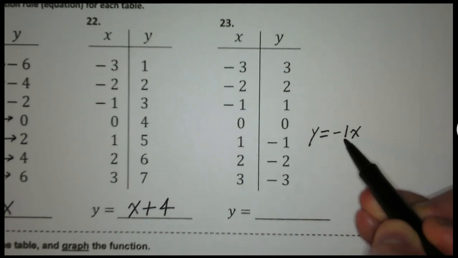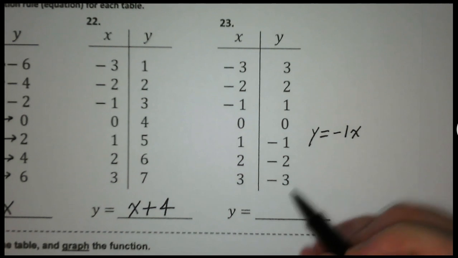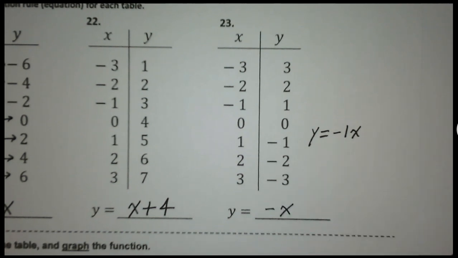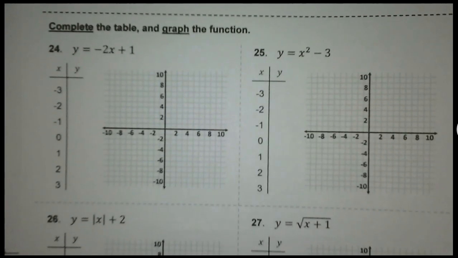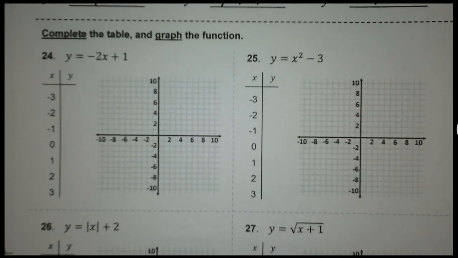Now, you don't need to literally have the 1 there. You really just need to say y equals -x. That's the same thing. y equals -1x, y equals -x. And now, all right,